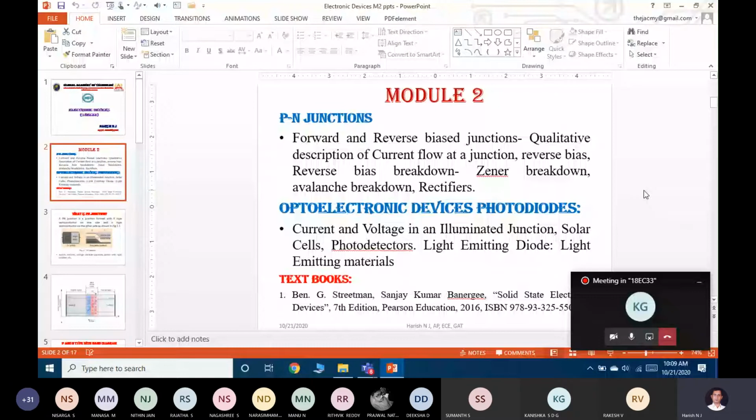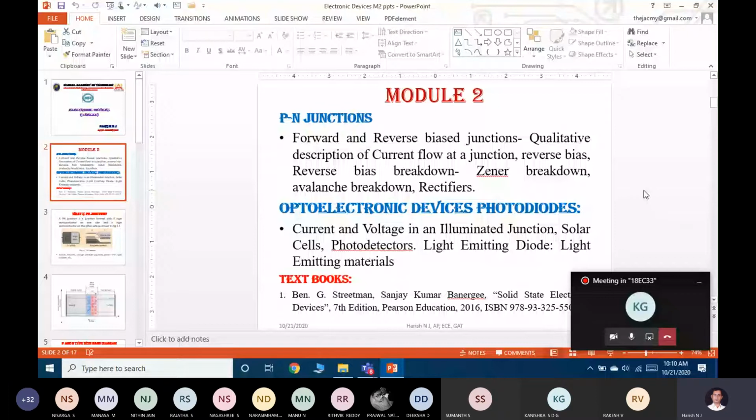For the fabrication of a rectifier, which type of diode we have to use, what quality of diode we need to use for enhancing some parameters of a PN junction diode, what precautions we need to take before fabrication of a PN junction diode, and what modifications we can make over the construction of a PN junction diode. About these things we are going to discuss under the title of rectifier.